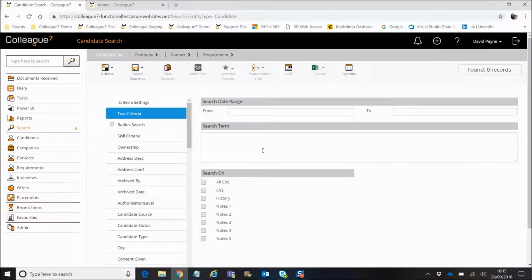Okay, so in this video we'll go through the searching of specific fields within the system, looking at the candidate search as our example, but essentially everything that I'll go through is consistent with the company context and requirement search also. But before touching on the specific field searching that is possible from the search, if I just want to